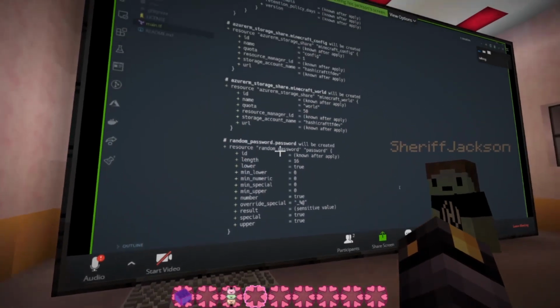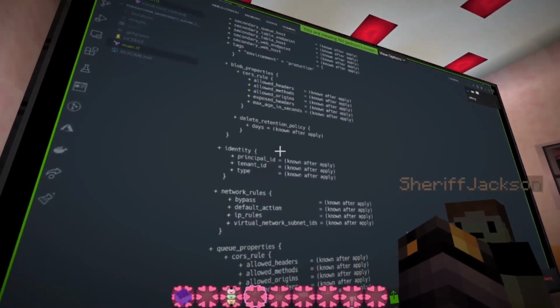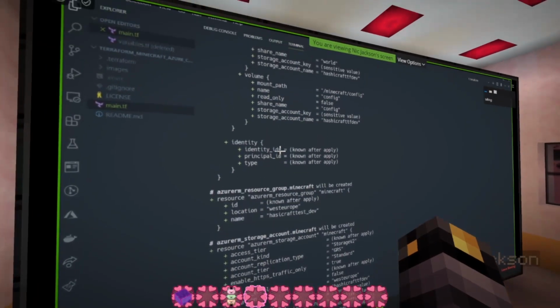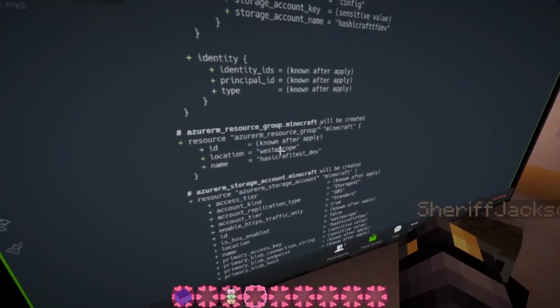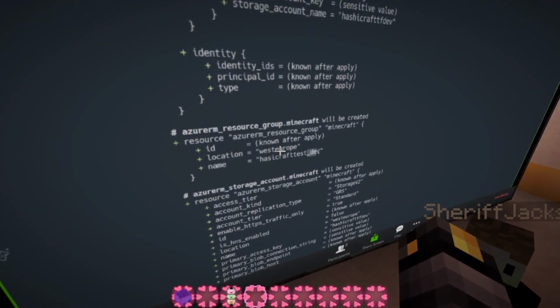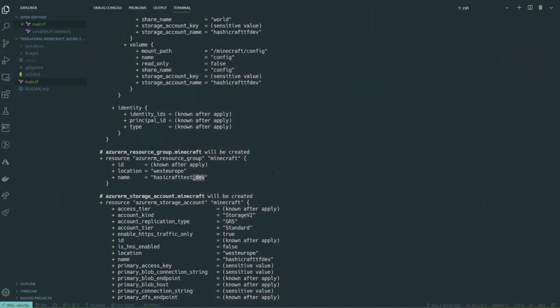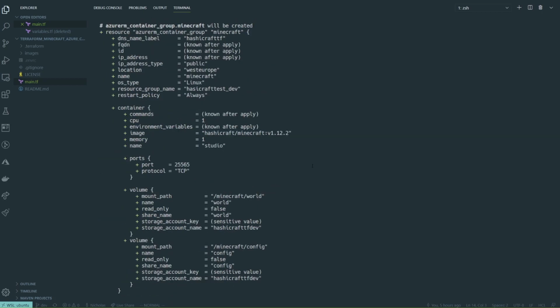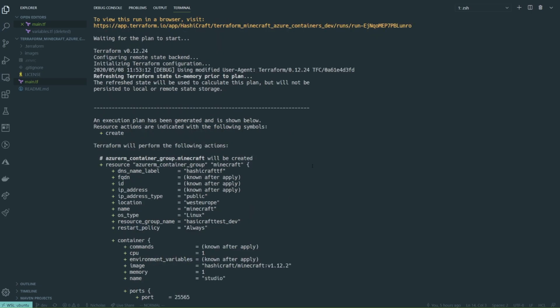And you can see it's done. There it goes. Yeah, so we got the plan. So let's look at our calculated environment variables. Let's have a look here. Okay, there we go. So we have Azure Resource Group, and you can see that the suffix is _dev. And that's exactly what we wanted. That's calculated based on the workspace name. And if we look at this one here, the storage account, we've got a storage account name again, HashiCraft Dev. And we're just looking through the plan there. We can see everything. I think that, Eric, looks perfect.